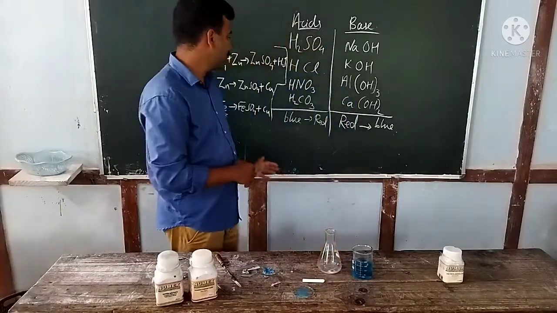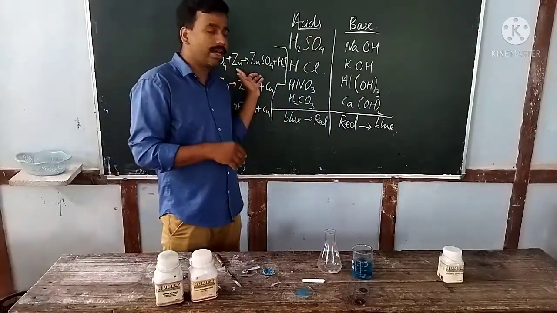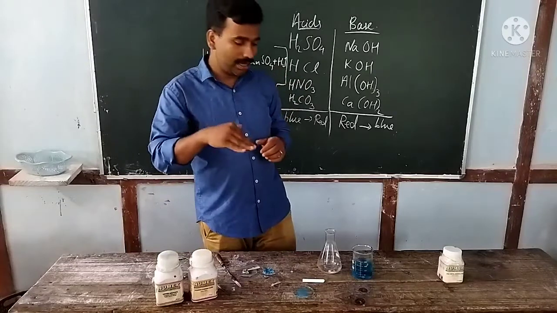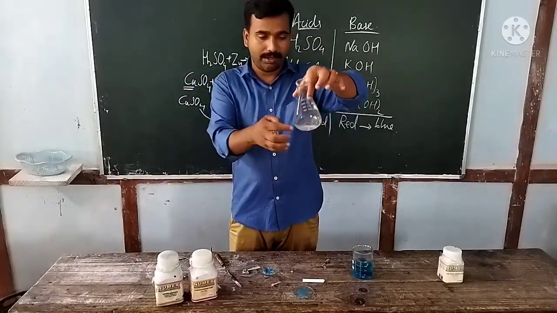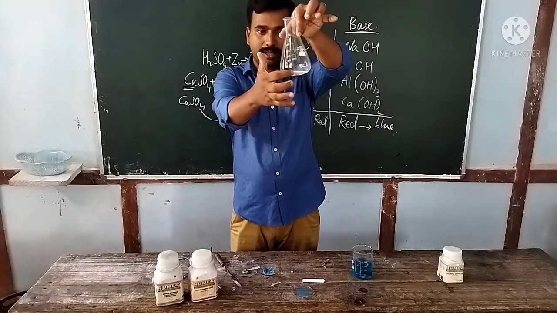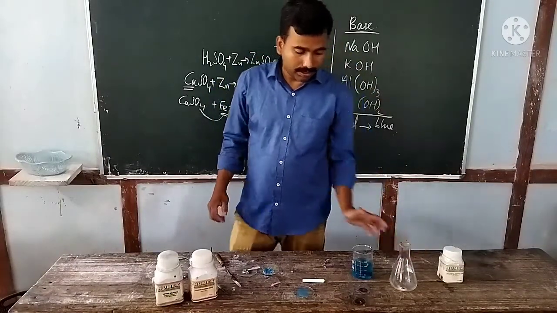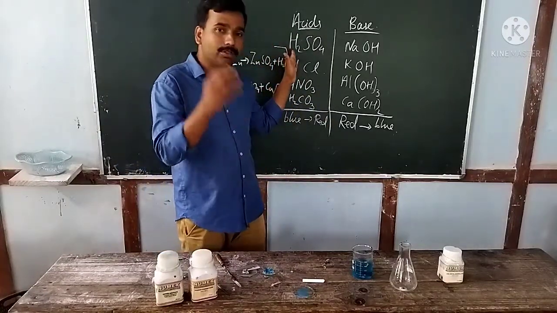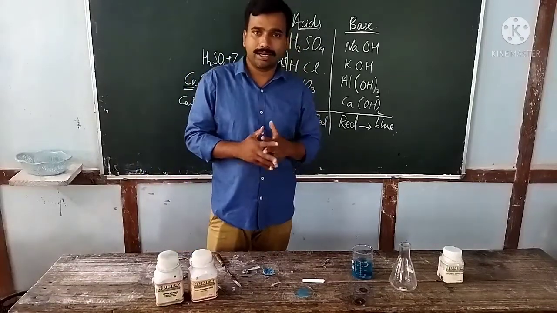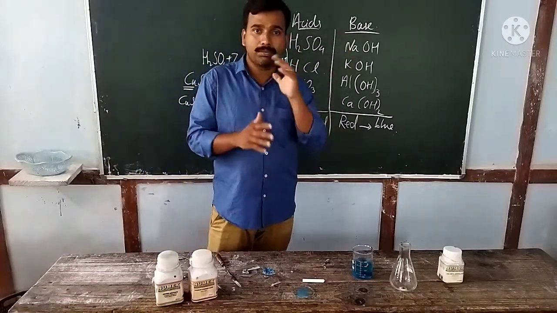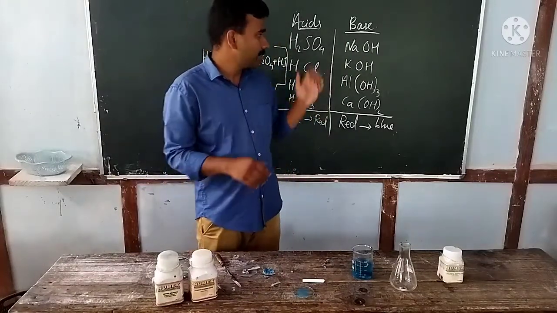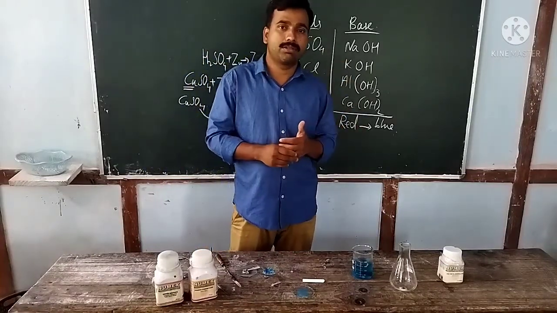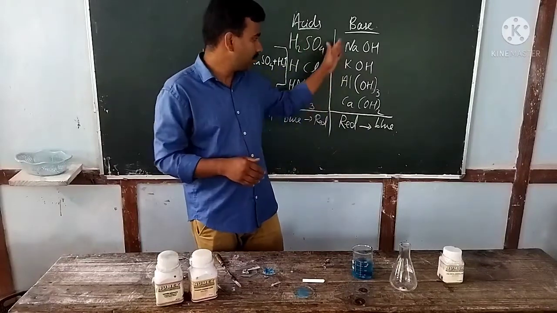We can write the equation like this: when zinc granules are placed in sulfuric acid, zinc sulfate is formed and hydrogen gas is released into the atmosphere. Here you can see the bubbles. And that is the reaction. So metals generally displace hydrogen gas from acid. That's the general category. When metals react with bases, not all metals react, but especially zinc, aluminium and lead react with bases to form salt and displace hydrogen gas.